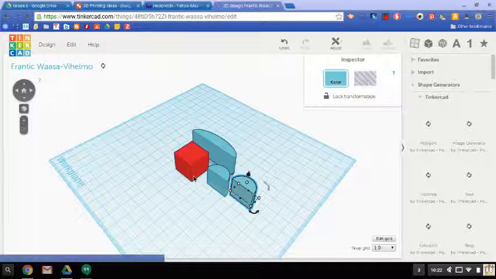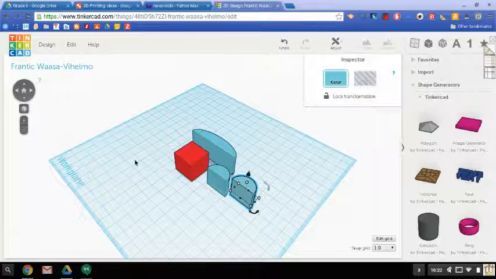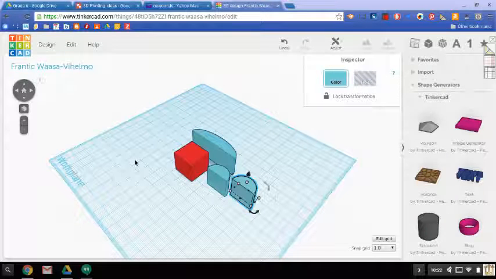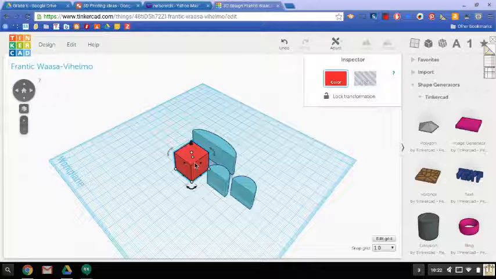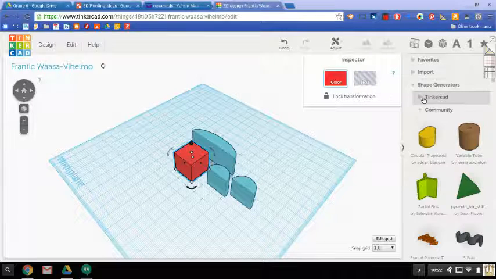Some of the things I've already brought in here, I've been working on. So your goal is, I'm going to give you a few options you can do, show you a couple things. One of the ideas would be to make a tag for your backpack. And the basic idea, which would be cool, you make a nice